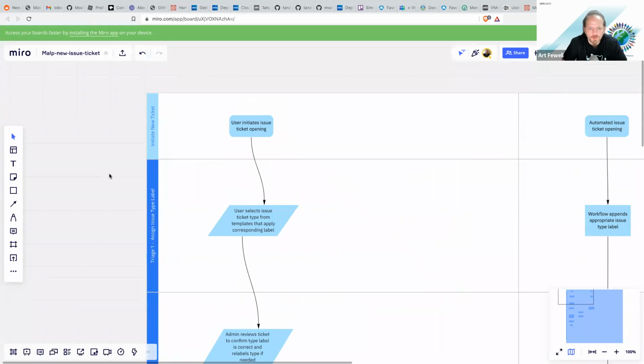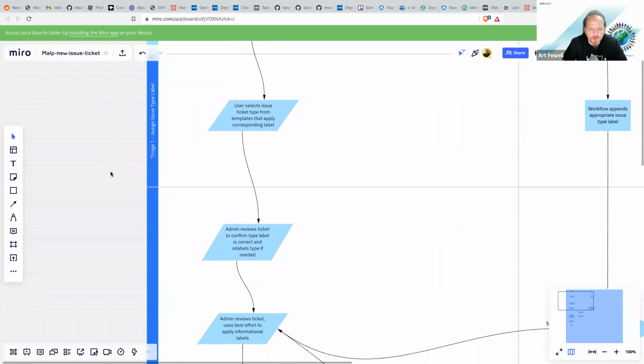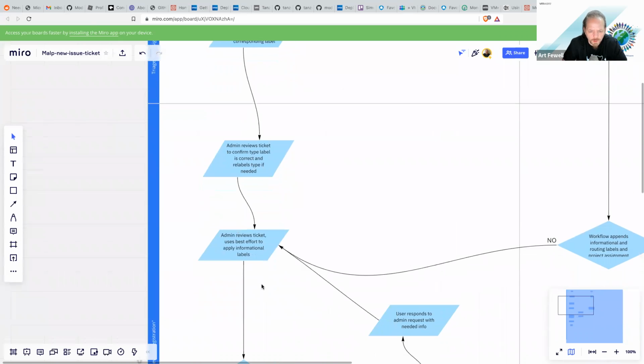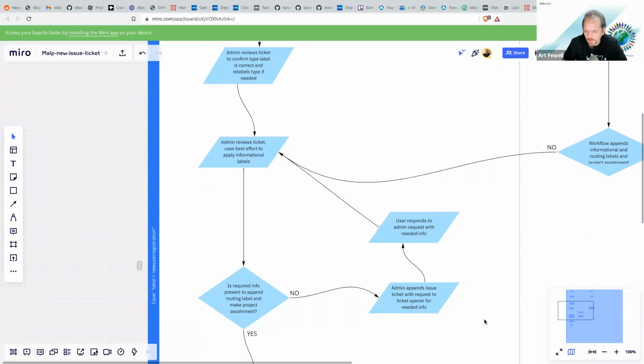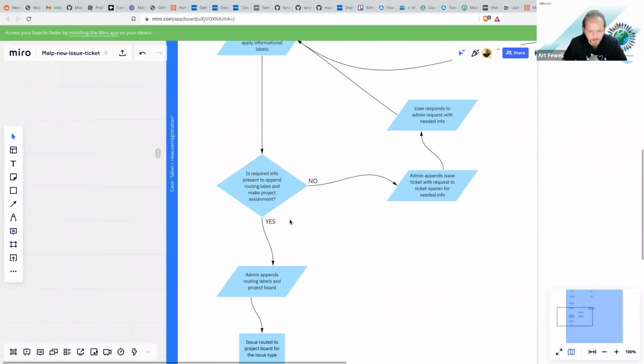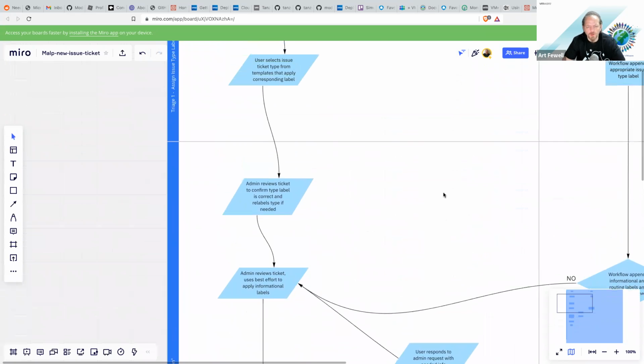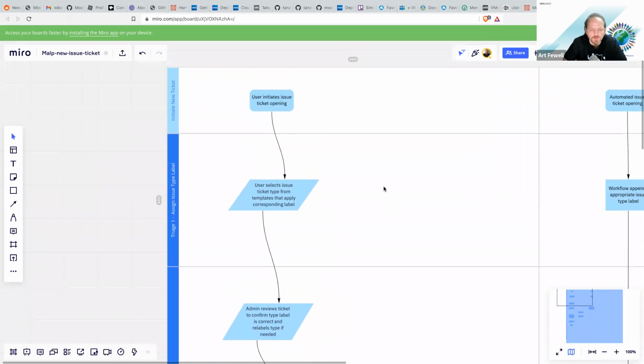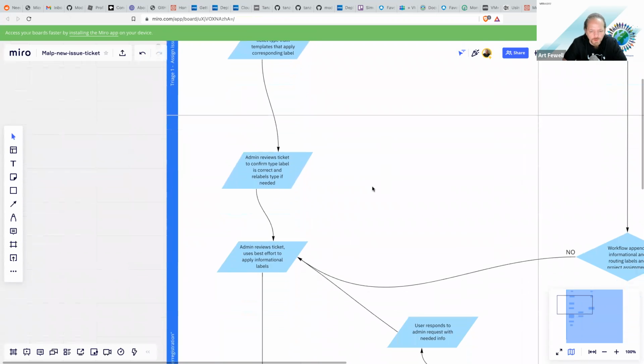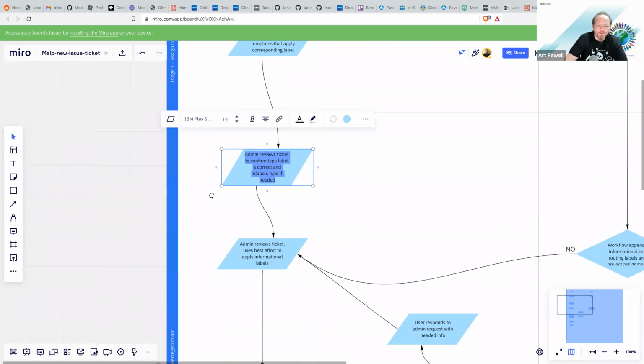I'm trying to think what standards did I use for what this shape means. This is a user selection, admin reviews tickets is required. So I'm trying to see, did I have the difference in the shape here that I'm using? I forget what exactly each different shape signifies in standard flowcharting, but I'll ignore the shape for right now and just get the basic flow out of the way. So let's start to see,